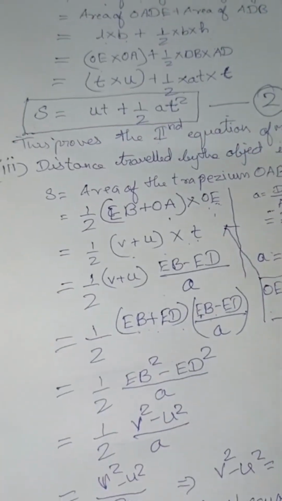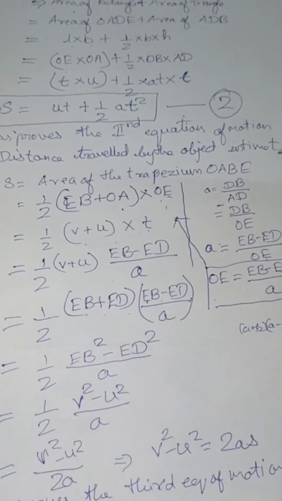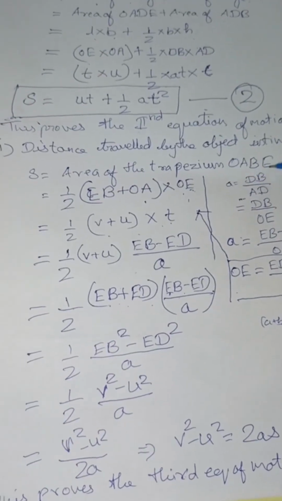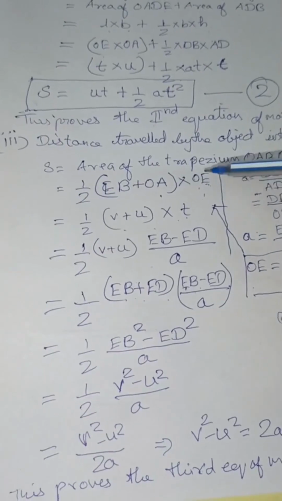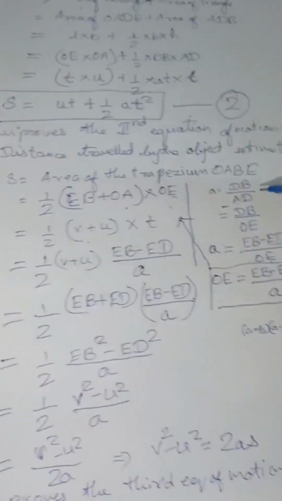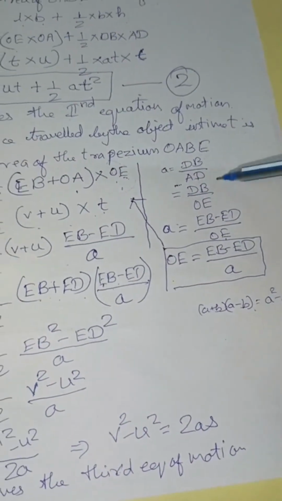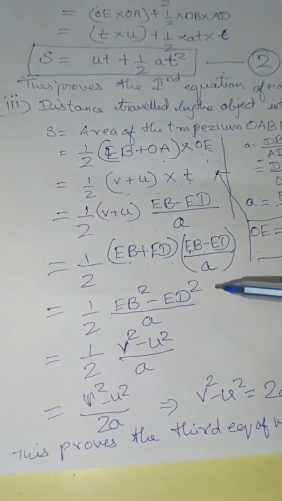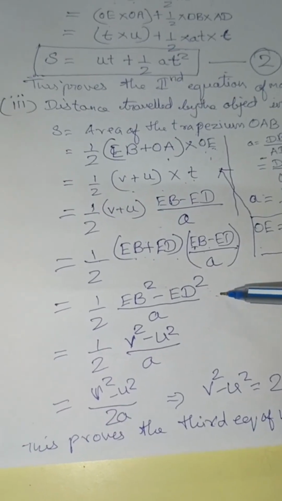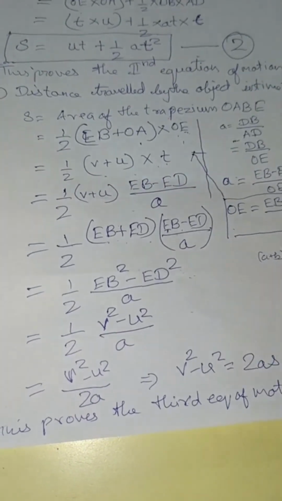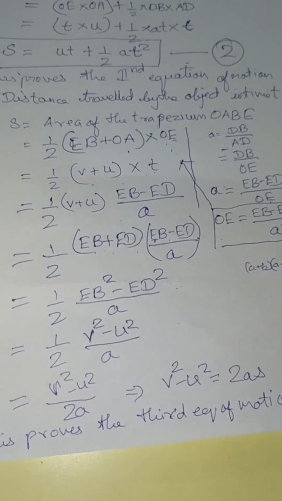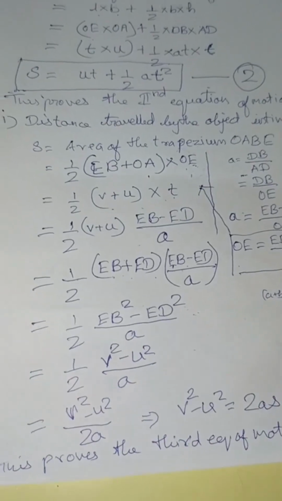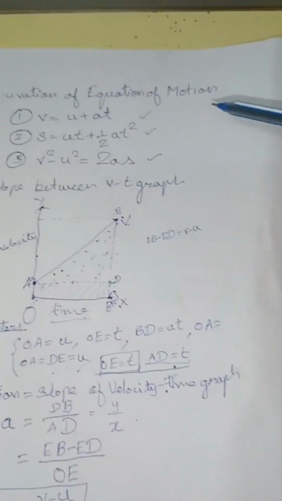Now go back to the third equation of motion: distance travelled by the object in the time t. That is the area of trapezium OABE. Same equation but in a different style. To define this OE, I have to take the help of this equation. OE can also be written like this, and OE has to be substituted here, and this equation will behave like A square minus B square. And at last I will end up with the third equation of motion, that is V square minus U square equal to 2AS. So with this I can prove the graphical method, derivation of an